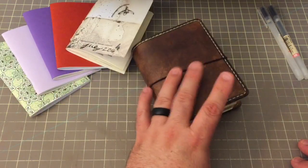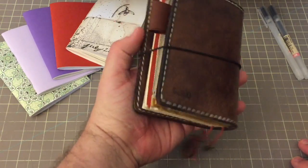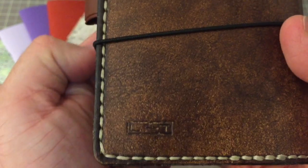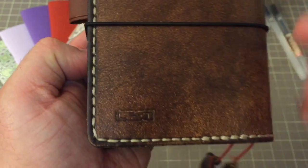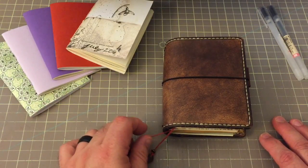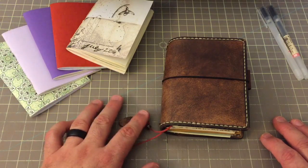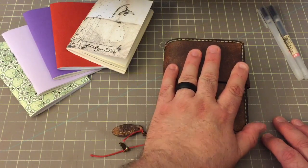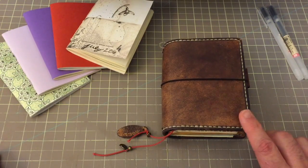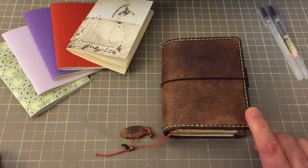Just a few inserts and a beautiful notebook. This is a Lady Falcon Traveler notebook made by Monique at Morgan Le Fay's Trinkets, and I will link that information below. I have had this now for almost a month. I received it the first week of June, and I have been using this ever since I got it. So technically, even during the month of June, I've been in, well, no, not really. I've been in one book for,